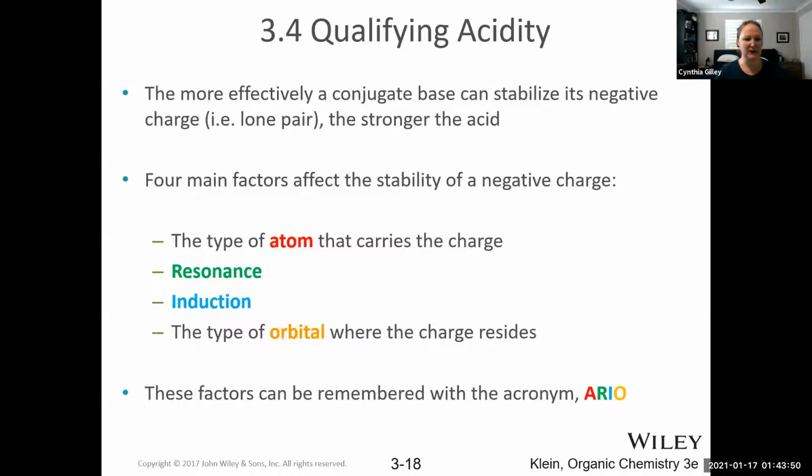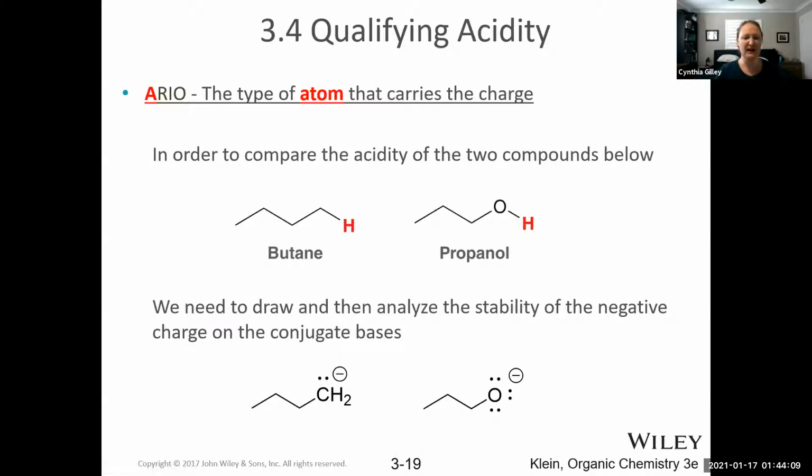The acronym that they use is ARIO, which stands for atom, resonance, induction, and orbital. And these factors are in order of importance, the atom being the most significant factor, followed by resonance, and so on. Let's talk about each of those factors so that we can review this acronym and how it's used to predict acidity. So let's look at, for example, if we didn't know the pKa values of butane and propanol, specifically